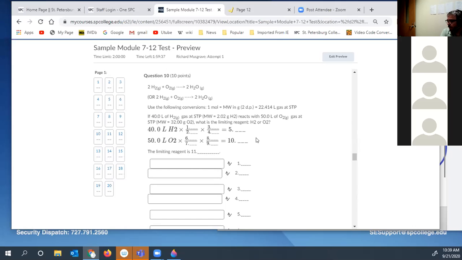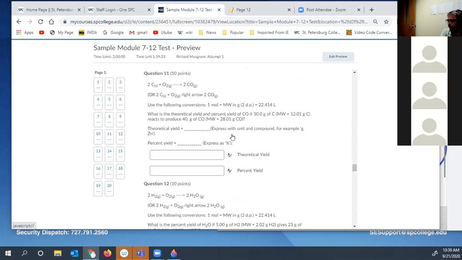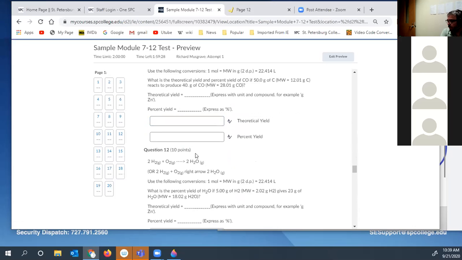This is a limiting reagent problem set up very similarly to what you see on the homework. Then percent yield problems,